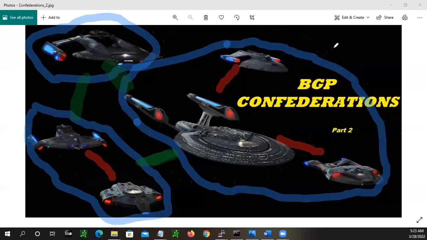Like I said, the confederation is nothing more than breaking up the autonomous system into smaller autonomous systems, or building autonomous systems together into one larger autonomous system. But today we want to take a look at how this looks in the CLI, do a couple things,